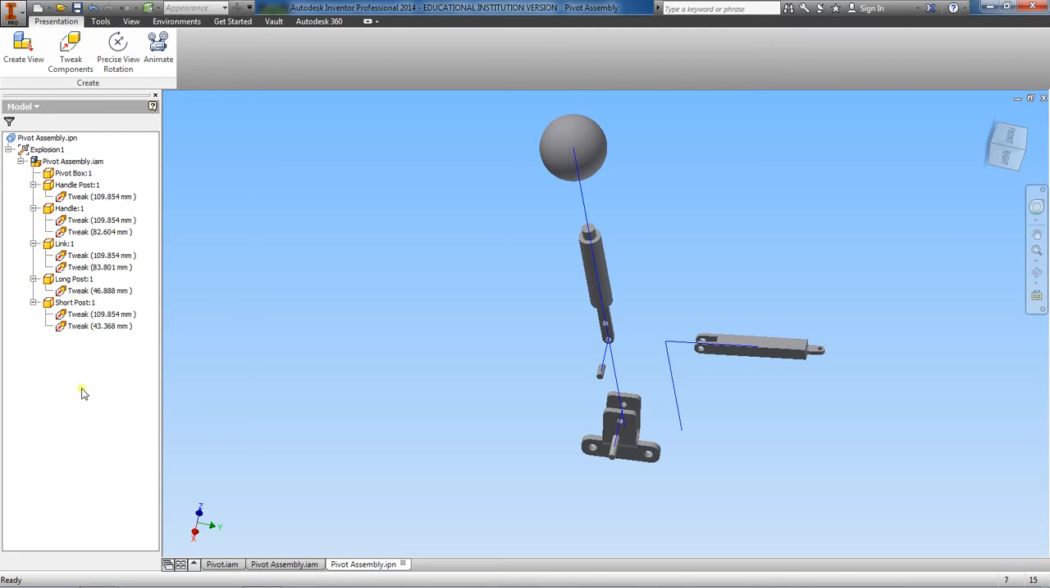So the very first thing that we did was separate the long post, and that seems to be fine. Like this down here, it seems pretty decent. But the next thing that we did was the short post, link, handle, the handle post, and then the handle itself. You notice that they're all separated the same distance, because we moved those first all together, 109.854, or at least for me, that's what the distance was that I moved them. So yours may be a little longer or a little shorter, but what I'm going to do is adjust all these,